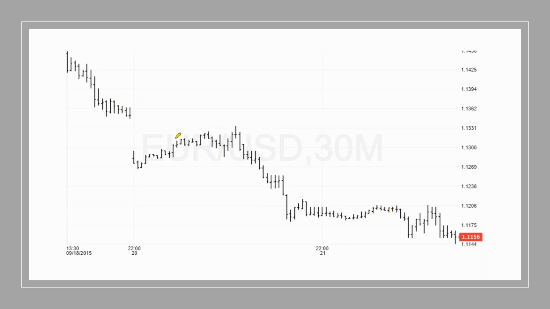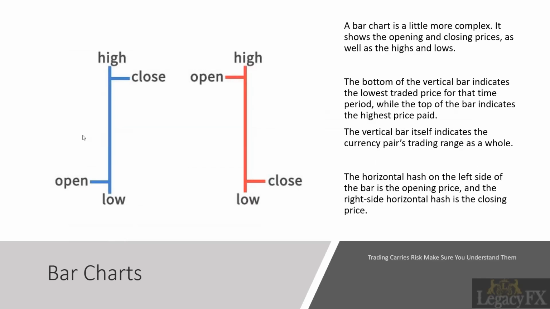And this is what charts do, because price moves in random fluctuations. Charts take these random fluctuations and give them to us in some type of visual graphical format that our brains can make sense out of. So a bar chart